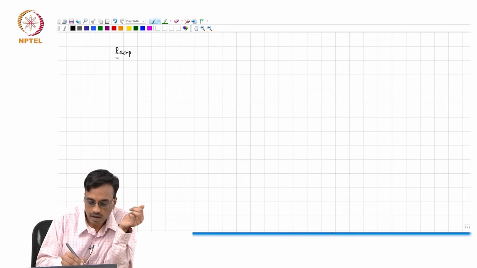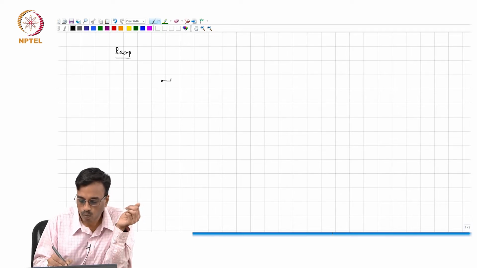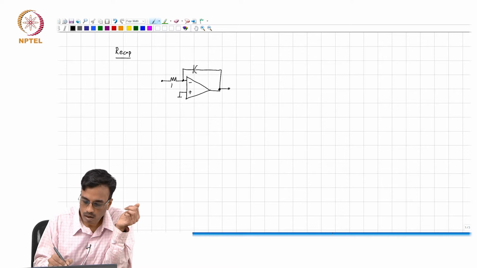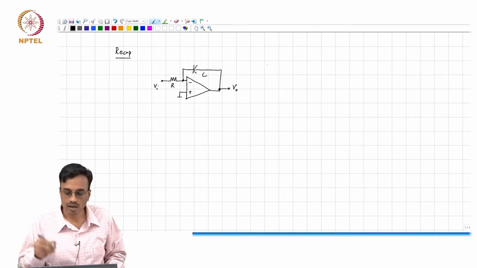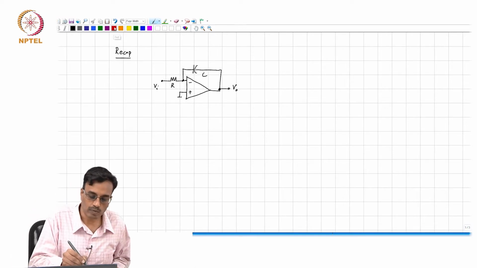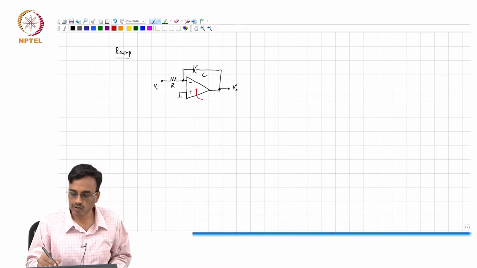A quick recap of what we were doing in the last class. We were wondering what would happen to the transfer function of a biquad if the op-amp was not ideal, and the model we assumed for the op-amp is that the gain of the